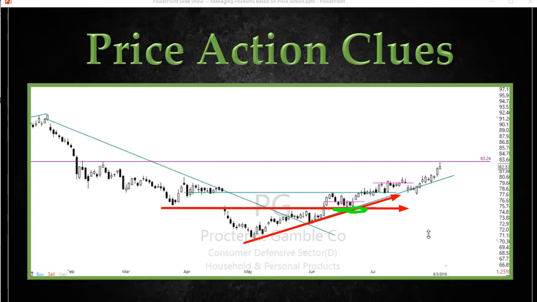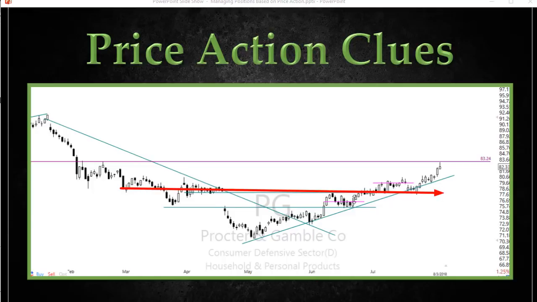Hopefully that's making some sense to you. I'm staying really close to those price action supports and trends for my entries. And then I'm looking in the chart, always looking in the chart. Where's the next resistance? So if I'm buying this as a stock trade and I'm looking up here as just simply a stock trade, and I look up here and say, well, there's price resistance right here in this chart. If I'm planning this trade as a stock trade, if I enter this position, my stop loss is down here,